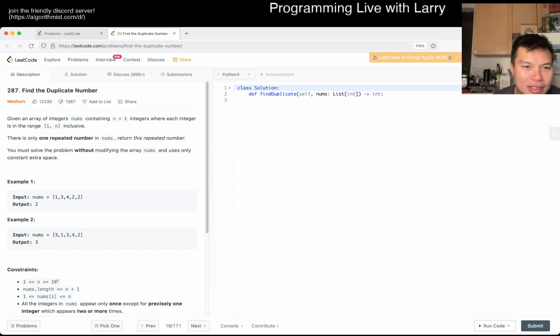All right, given an array of integers nums containing n plus 1 integers where each integer is from 1 to n. Okay, so basically one number is repeated. We cannot modify the array and can only use constant extra space. I don't like these problems because